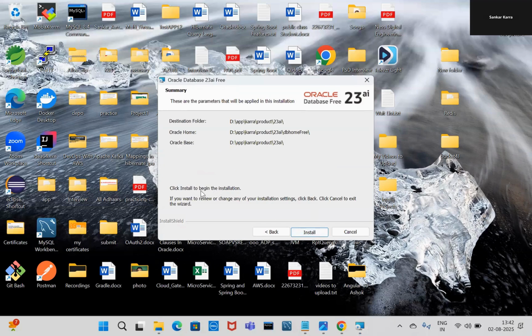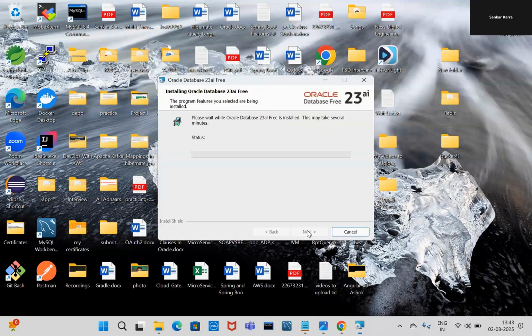Click install to begin the installation. Your laptop or desktop must have a stable internet connection. If the installation fails in the middle, then some of the files will be stored in your C drive, some system configurations. Then it is difficult to delete those. Services.msc, some files will be stored. It is difficult to delete. So when you are installing, a stable internet connection is required. Next,